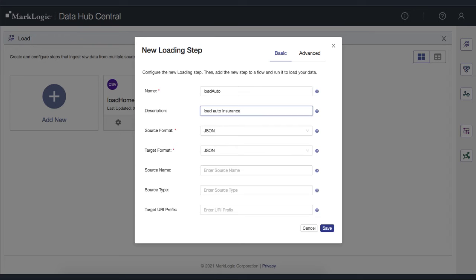And this data is already modeled as JSON. So we're going to load those files that we have unzipped to our file system. So in this step, the source is JSON and the target is also JSON. And optionally, we could specify the source name and type, again, to track provenance and lineage. So I might say that this is auto insurance customer data exported